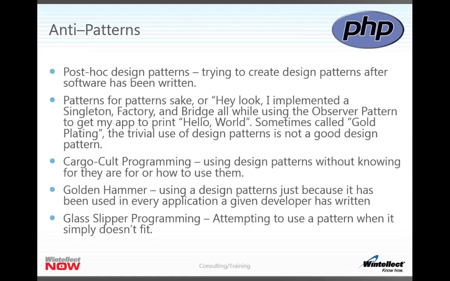So I was actually kind of doing it backwards. I was doing that for demo purposes, but in real life I would actually go about thinking about a broader context and saying, what patterns, if there is one, can I employ to solve this problem? If there's not, then perhaps I need to make a new pattern or something like that. But golden slipper programming is when you actually try to force a pattern to fit when it actually doesn't.